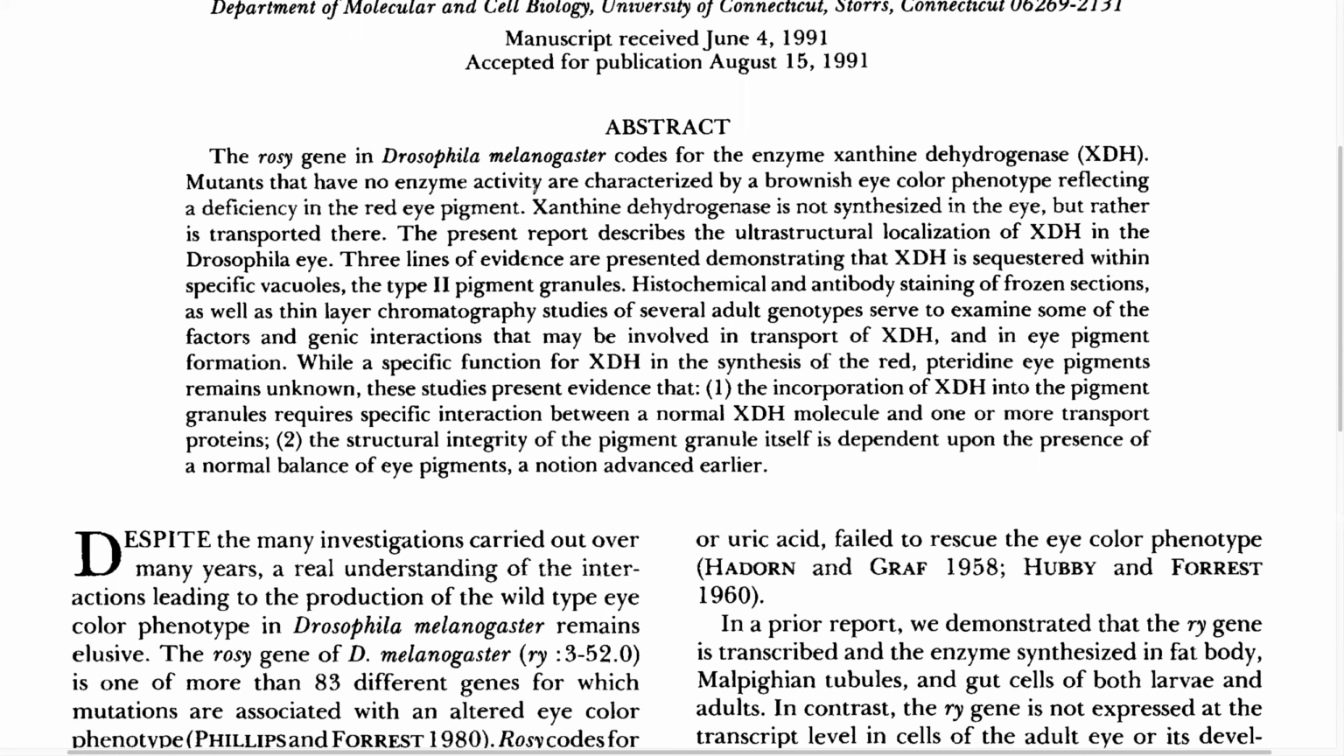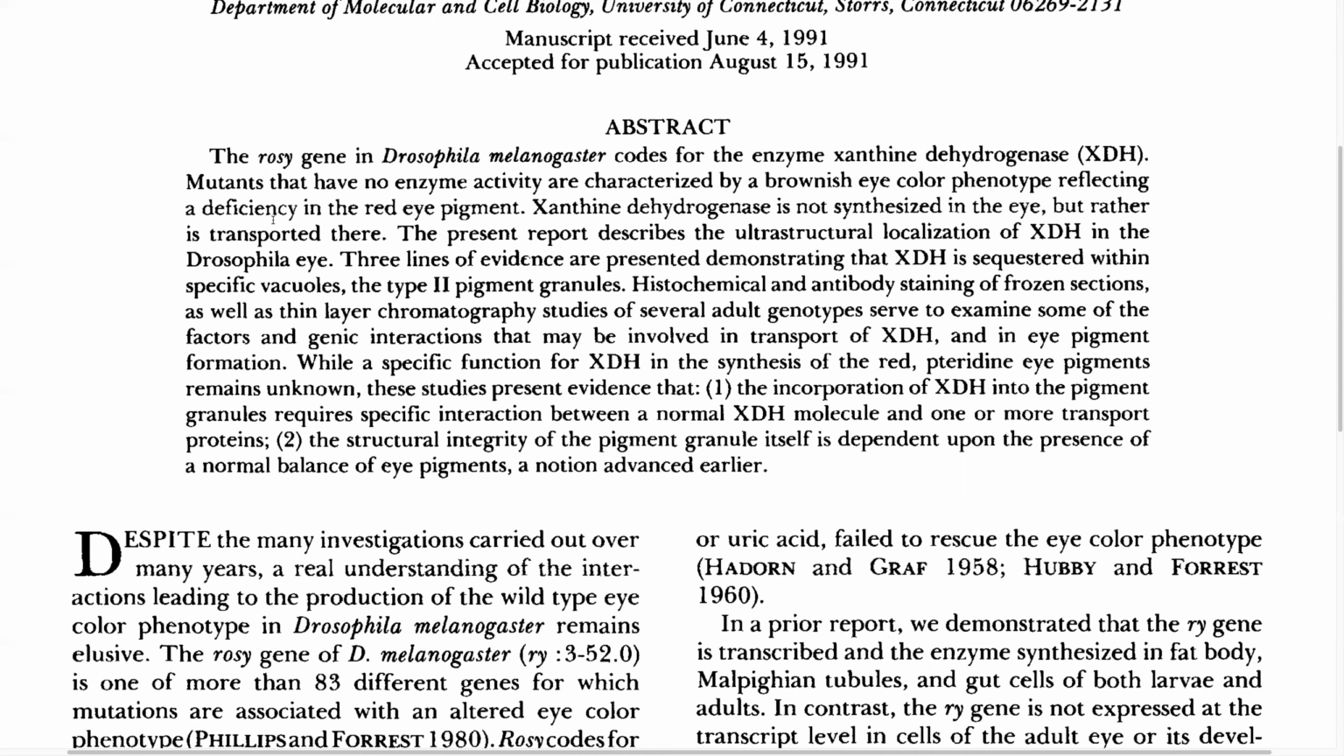Mutants that have no enzyme activity, so these would be recessive mutants for the Rosy gene, are characterized by a brownish eye-colored phenotype. So that would be the so-called Rosy phenotype, reflecting a deficiency in the red eye pigment. So as we'll learn, there are two major categories of pigments, the reds and the browns in the fruit flies. And so this is one that's deficient in the red category, and therefore it shows more of the brown tint